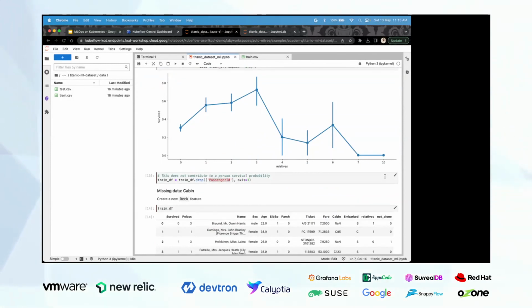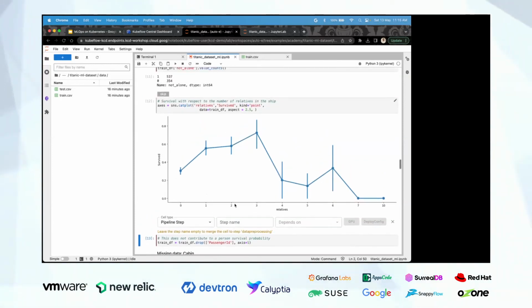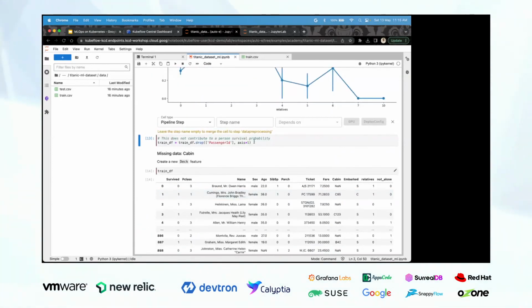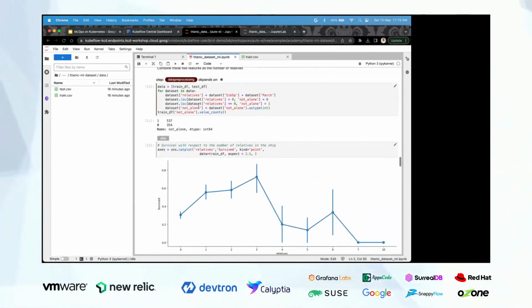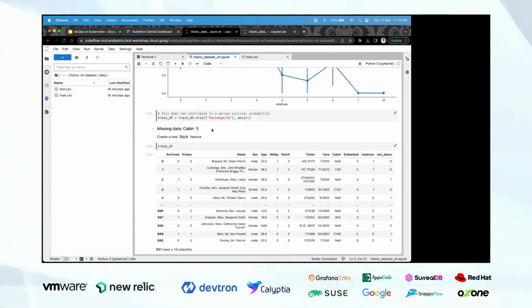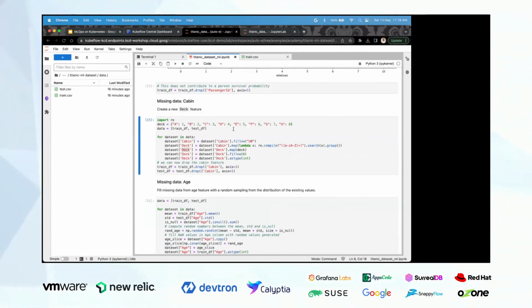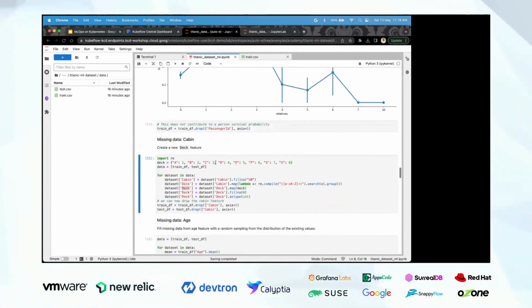Again, if we skip the step name and define the cell type as pipeline step only, it will consider this particular cell in the previous pipeline step only, which is data pre-processing. So now data pre-processing will be this plus this plus this, until I define a new pipeline step with a new name.